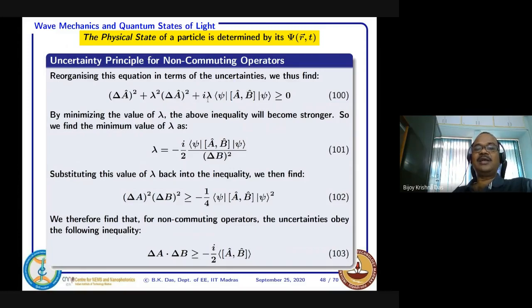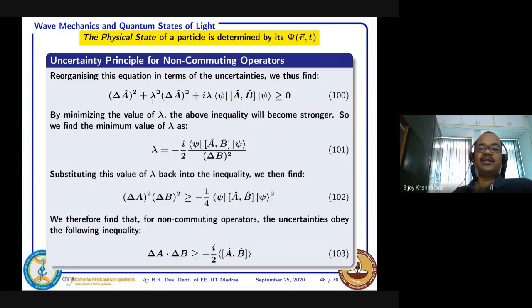And then another third term will be this i lambda times the expectation value of the commutation of A and B, because R and A's commutation is exactly equal to the commutation of A and B. So just a few simple steps, you can come to this point. Once you get this, you see lambda is an arbitrary constant I have considered in our previous assumption, right?